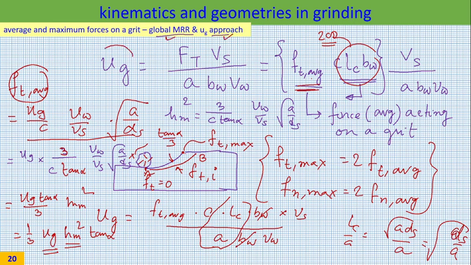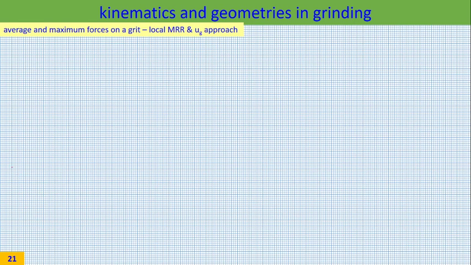What I have done is I have expressed UG as power consumed divided by material removal rate, and then I have done some jugglery and I have got two expressions. One is this particular expression, another one is this particular expression. As far as this expression is concerned, because I have not done it in a very clear way, I would request you to recheck it. Maybe I will go to the next slide, but in the next slide, before using this approach, let me write down what we have got.